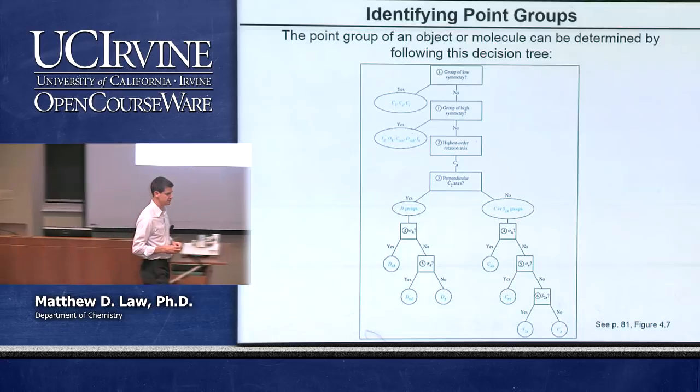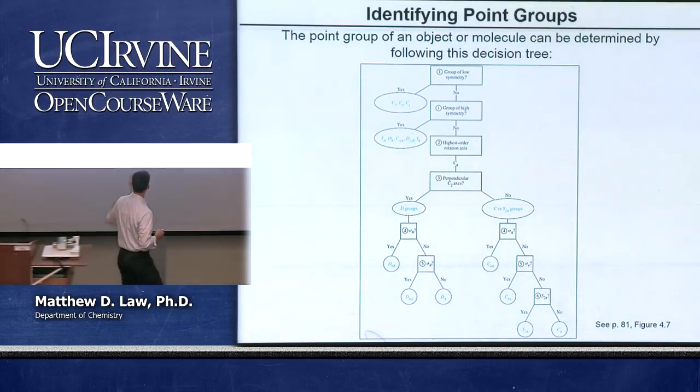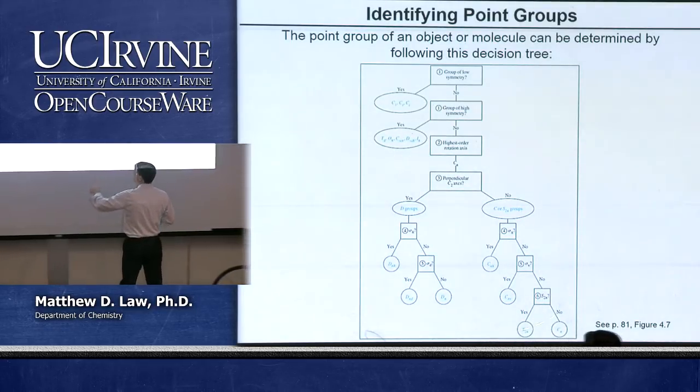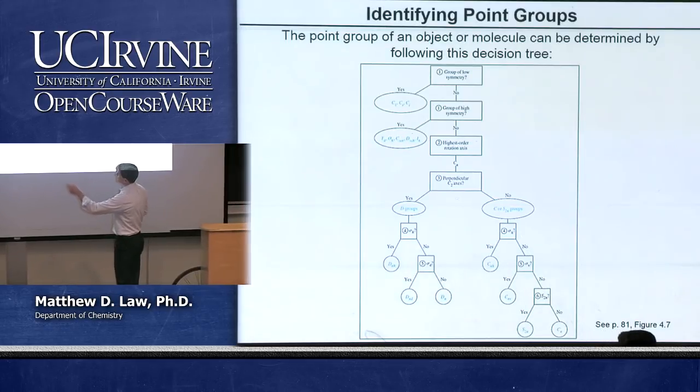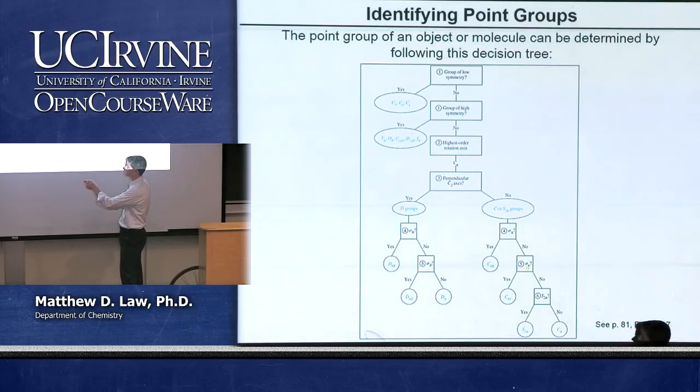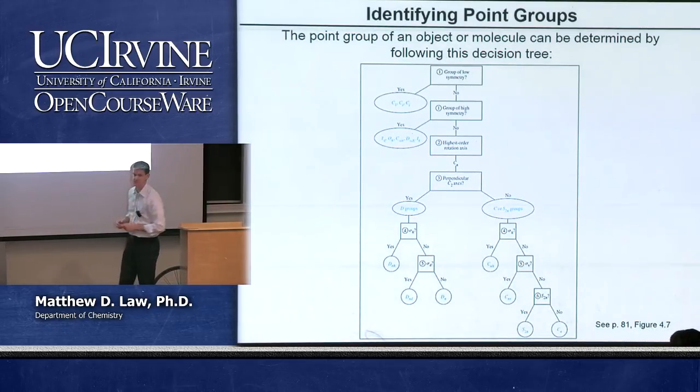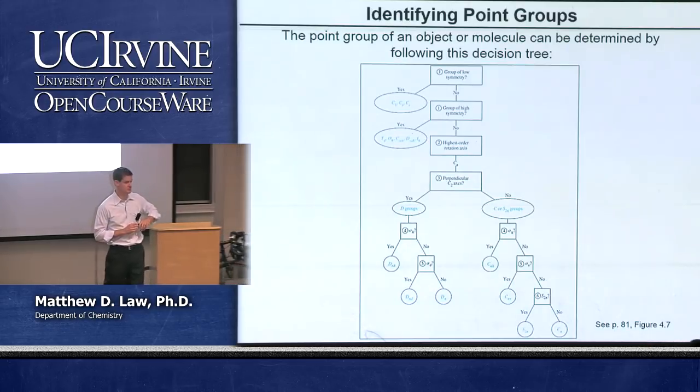And that's the end of that part of the decision tree. We've got basically the same set of decisions here. Okay? So if there are no perpendicular C2 axes, it's either C or S. We ask ourselves next: is there an h mirror plane? If there is, it's Cnh. If not, we come down here. Are there vertical mirror planes? If yes, it's Cnv. If not, we come down here. Is there an S2n axis? If yes, it's S2n. If no, it's Cn with no mirror planes at all.